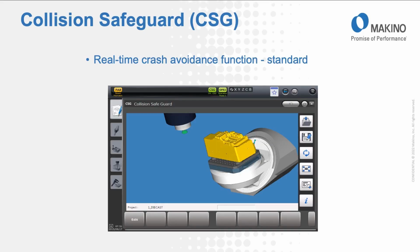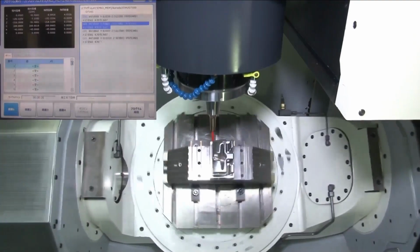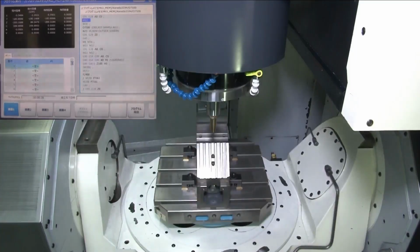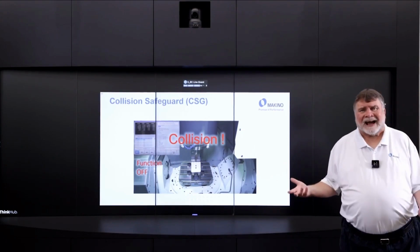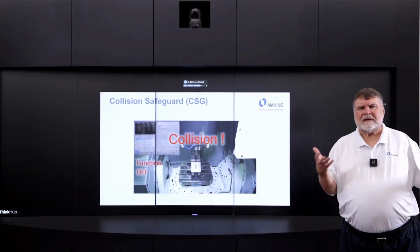Some of the same traditional features from the DA300 and the DA500. Collision safeguard. This is real-time crash avoidance. Here's an example without the function. You'll notice we're milling around the periphery in C, and now we're going to do an A, and notice the red tool, uh-oh, it's gone. We had a collision, we've destroyed the tool. I mean, that tool was made of wax. If it were a real tool, you'd have to worry about spindle damage, damage to the workpiece,